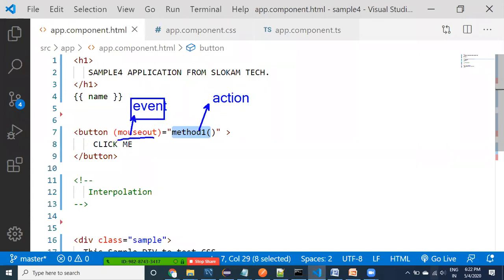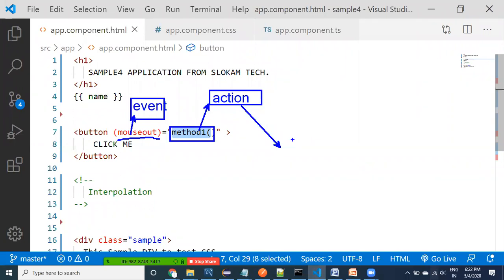Here, whatever event you can provide, whatever action you want to do, you can do it here, guys. So this is the example. In this, the action is nothing but a method. In this action, just now we have provided only an alert. We can do a lot more things.